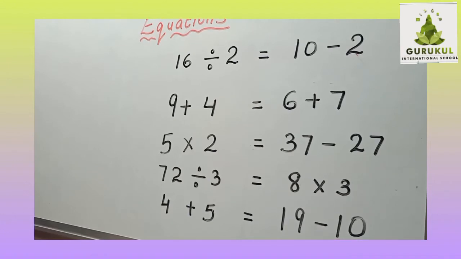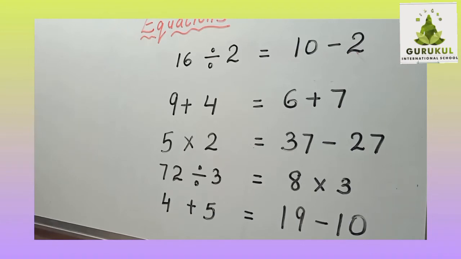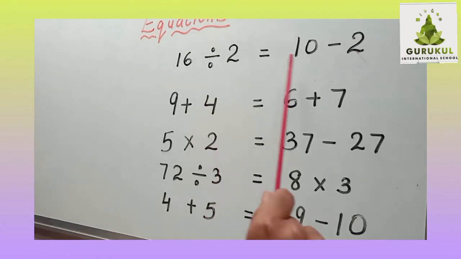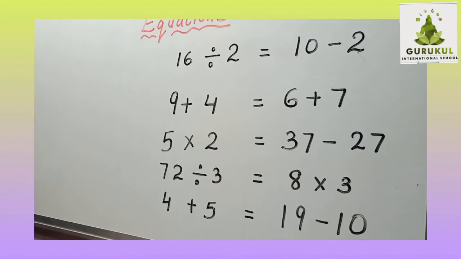Now let's see what equations are and how to find the solution for the equations. Now you know how to equate the left hand side and right hand side of the expressions. By seeing the left hand side and right hand side expressions, you can equate them. This is called equating. Is that clear? Now you wrote the sum of the equations. You wrote after finding the values. Copy down this much in your notebook.